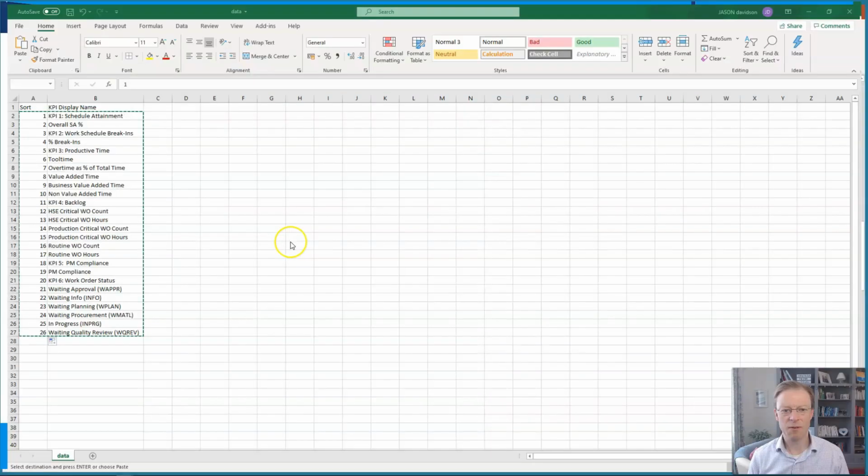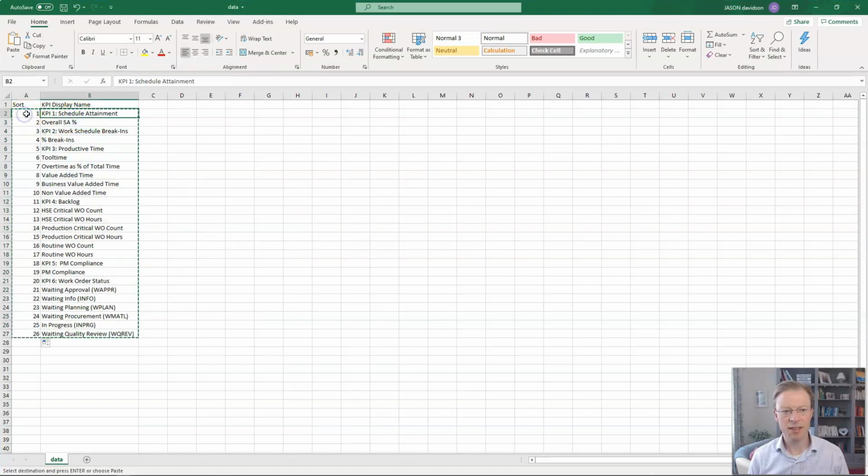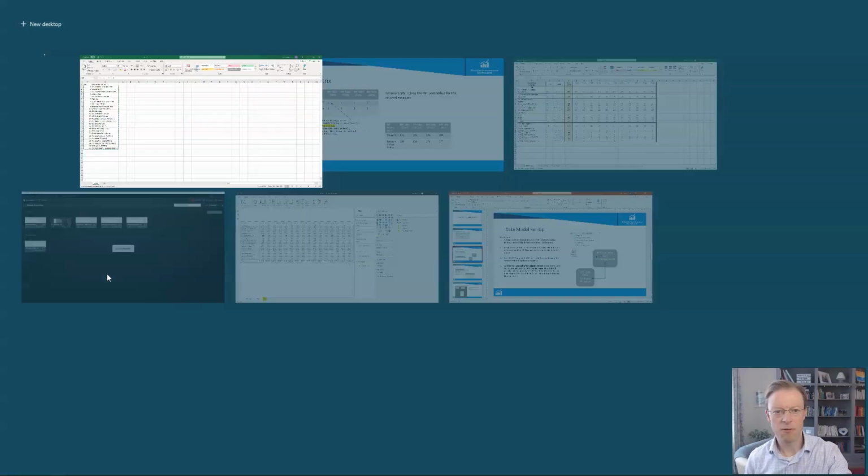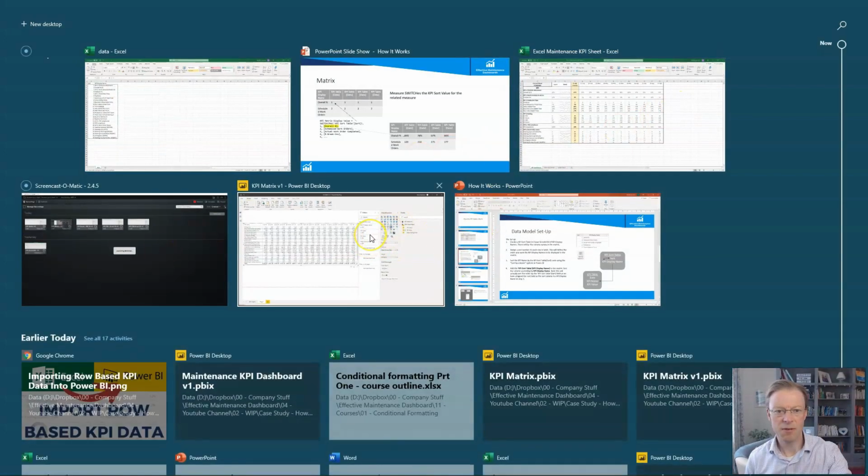Okay, so first of all, I've created an Excel spreadsheet here, because it's a little bit easier to work in Excel than it is when entering data directly into Power BI. Now we could actually have just defined it here and pulled it in as another table, another source, but rather than have another Excel spreadsheet with more information in it, we've got the ability to go and enter data directly into Power BI. So if we click on here and we copy that, and then we go back to our Power BI file,